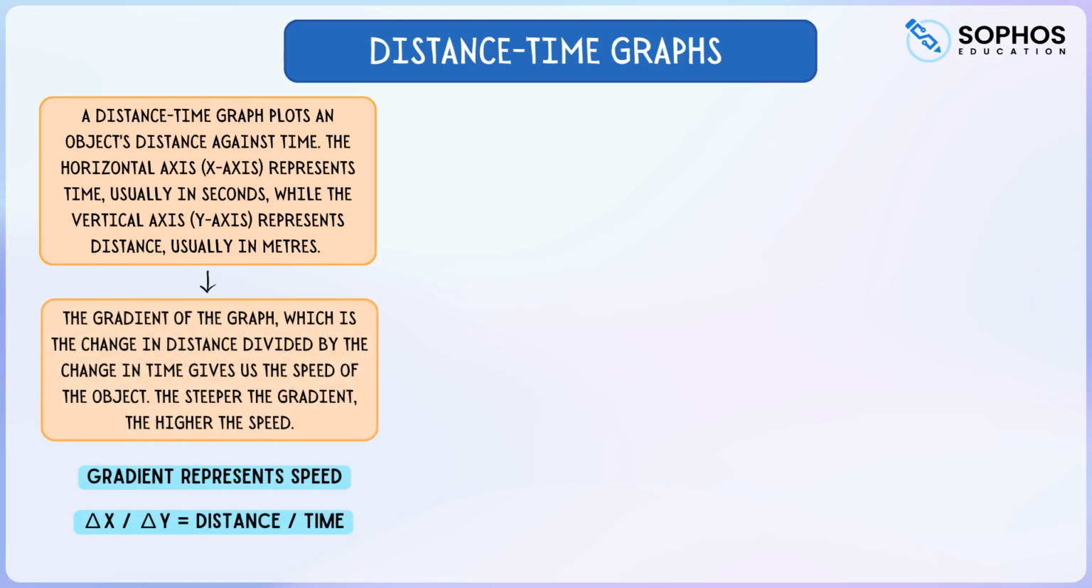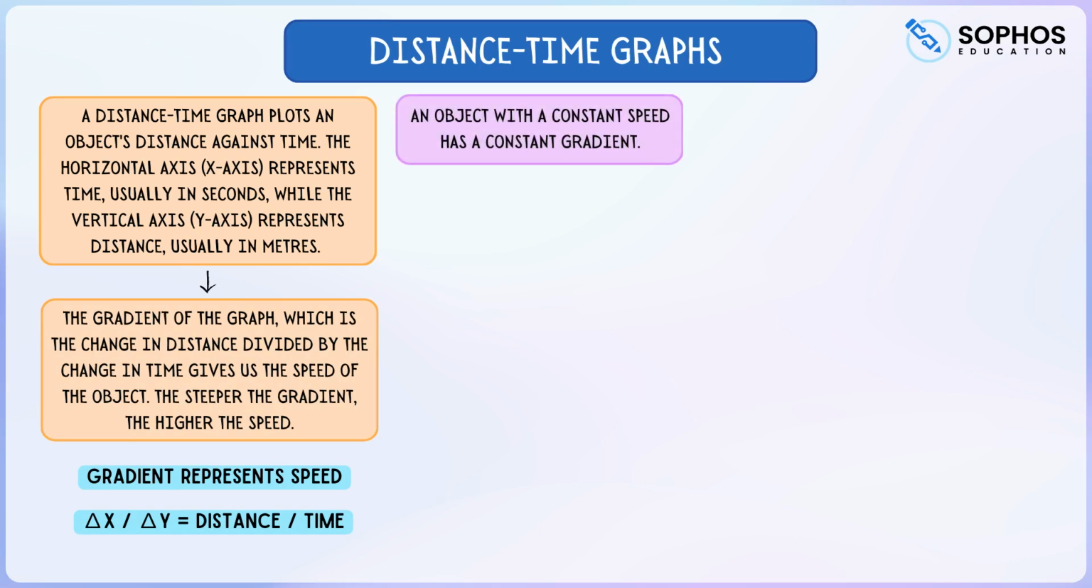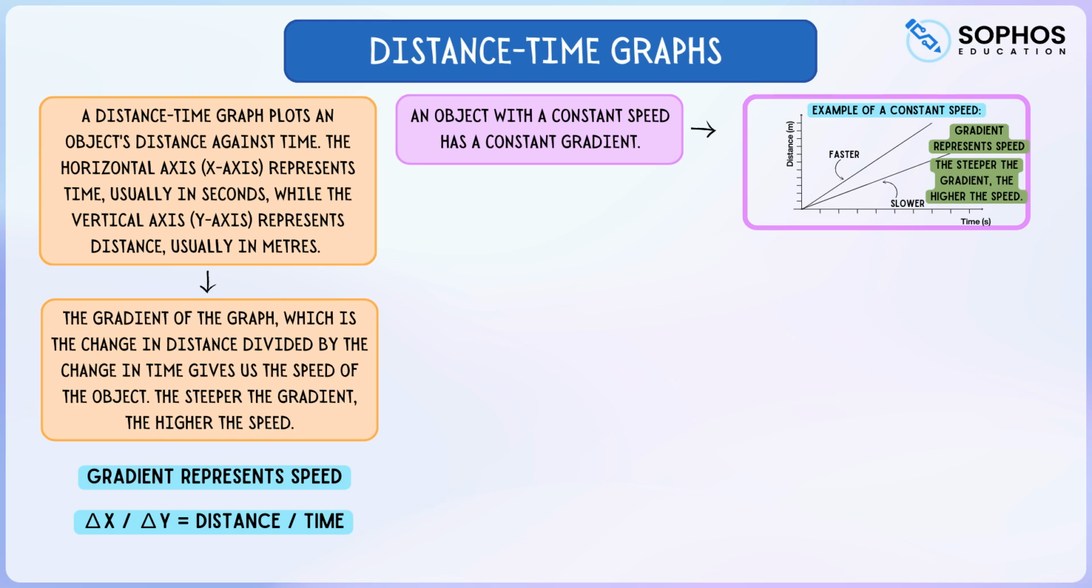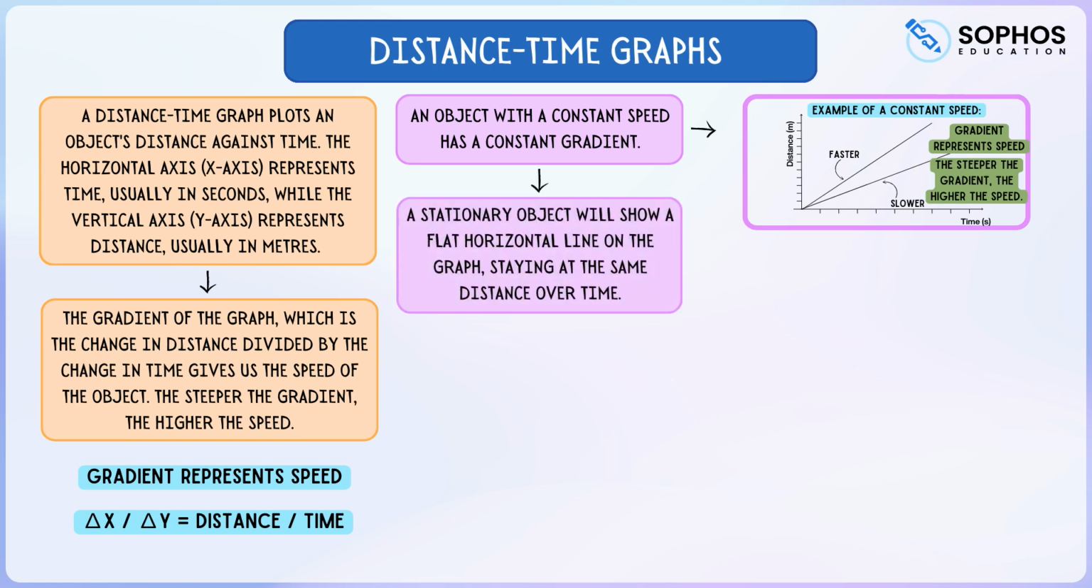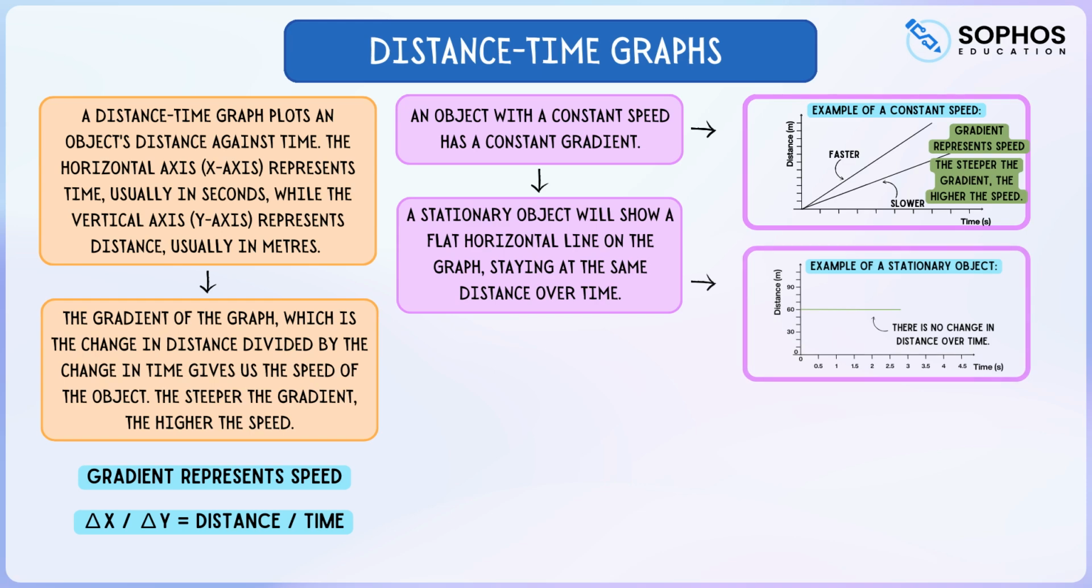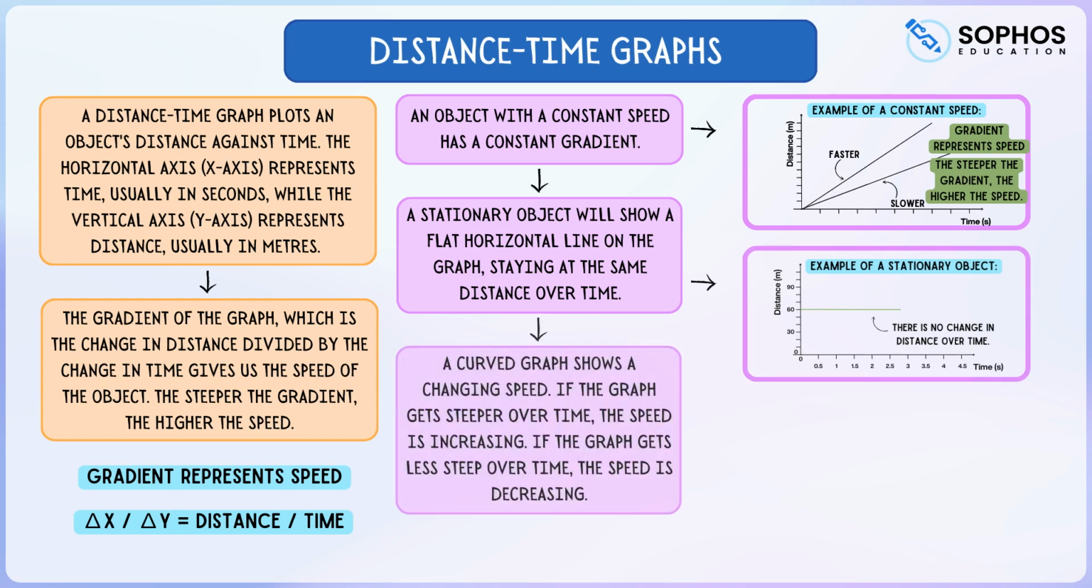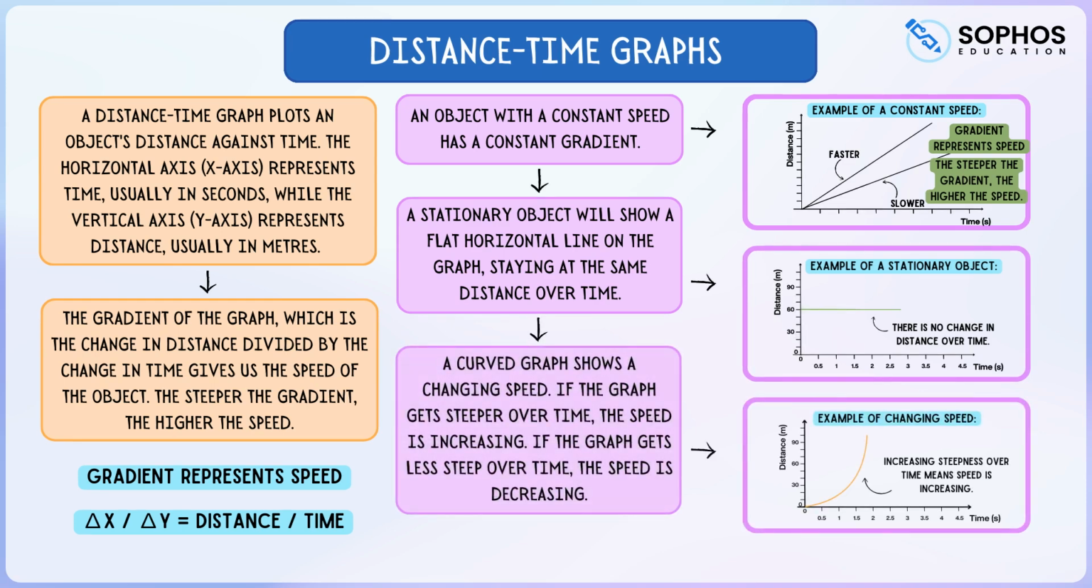We covered various scenarios: constant speed, indicated by a straight, upward-sloping line; higher speed, shown by a steeper slope; lower speed, depicted by a gentler slope; and a stationary object, represented by a flat horizontal line. We also looked at changing speeds, which appear as curved lines on the graph, with upward curves indicating speed-ups and